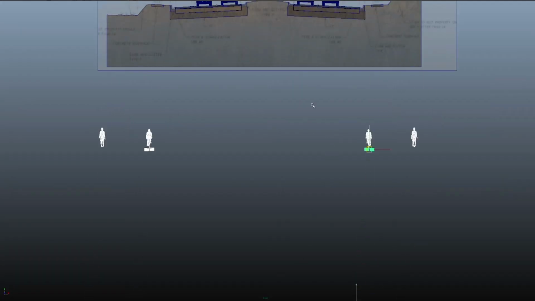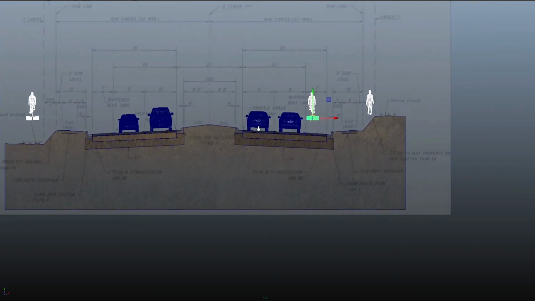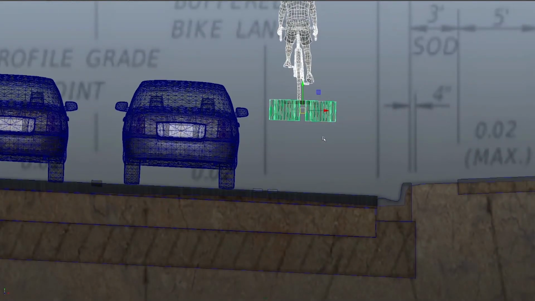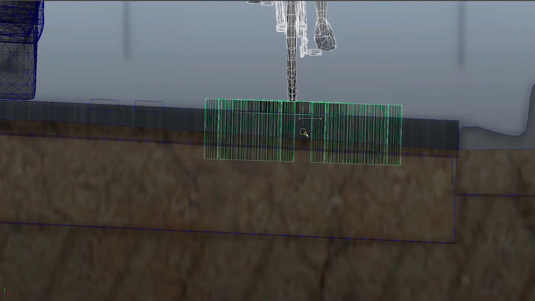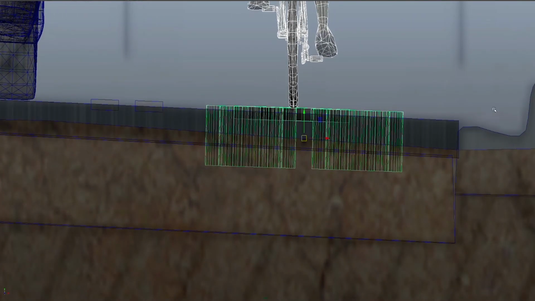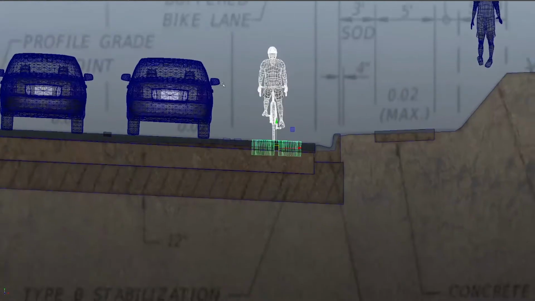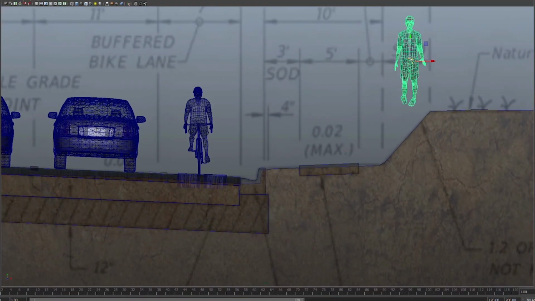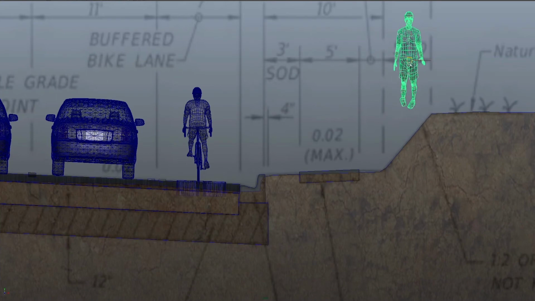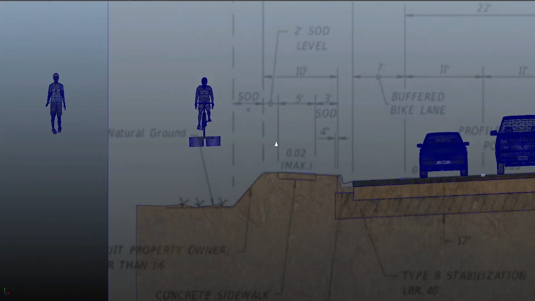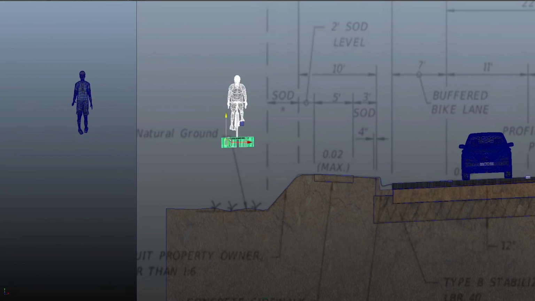So now let's take these models up to the surface. Let's do this bicyclist first. Let's put this person over here, and you just want to center it the best you can between the stripe and the curb and gutter. Here we go. Now since we're here, let's go ahead and put this pedestrian on the sidewalk, and let's do the same to the other side. And the reason that we're doing this